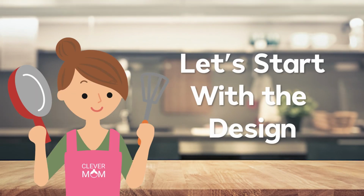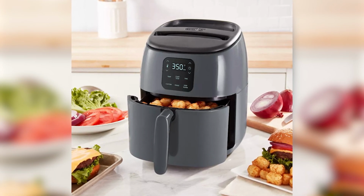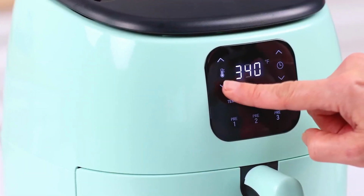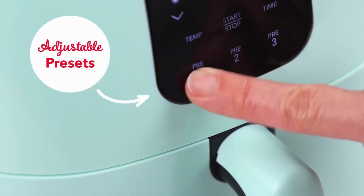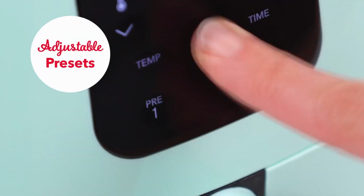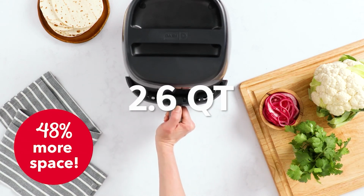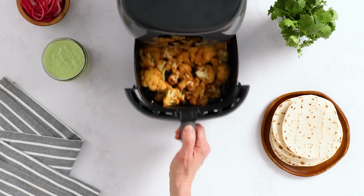Let's start with the design. It has a sleek and modern look with a compact size that makes it easy to store on your kitchen counter. The Tasti-Crisp has a digital display that makes it super easy to navigate through the functions and temperature settings. It also has a large cooking basket that can hold up to 2.6 quarts of food, making it perfect for family-sized